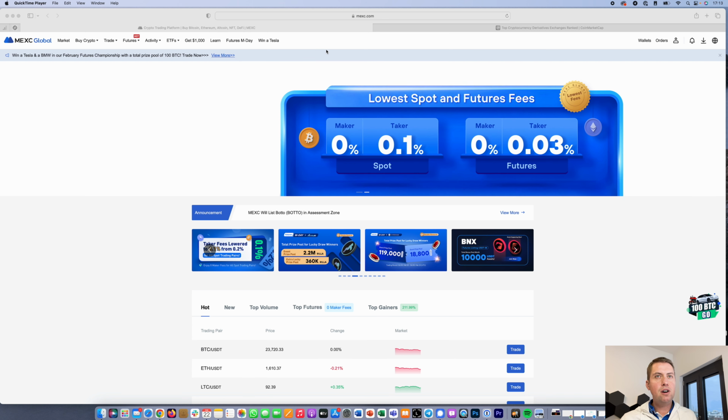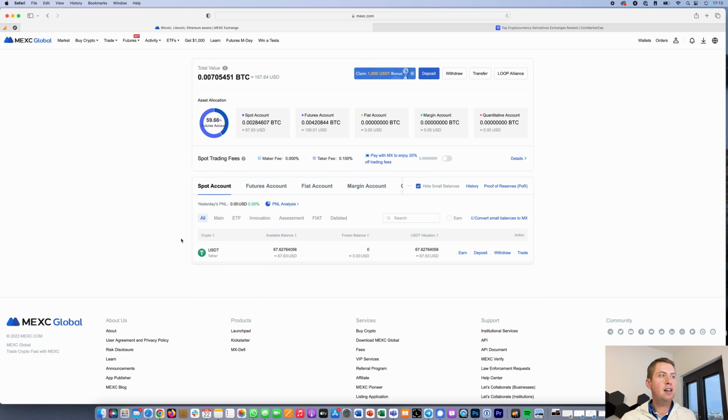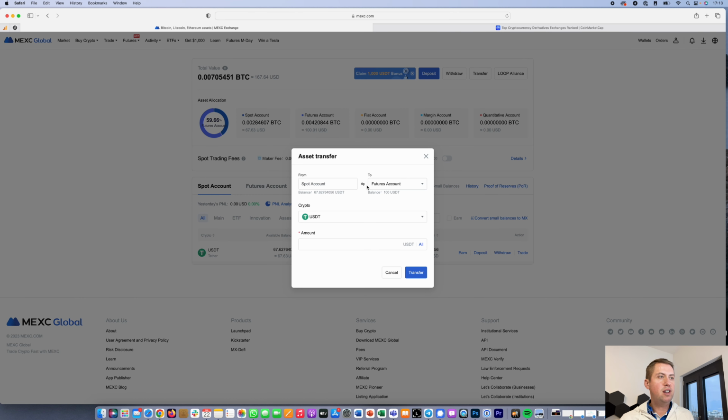So first of all, you need to have some money in your account. Usually you will have that in your spot account. However, you need to transfer it to your futures account. In order to do that, you need to go to transfer here, and then you can easily transfer money